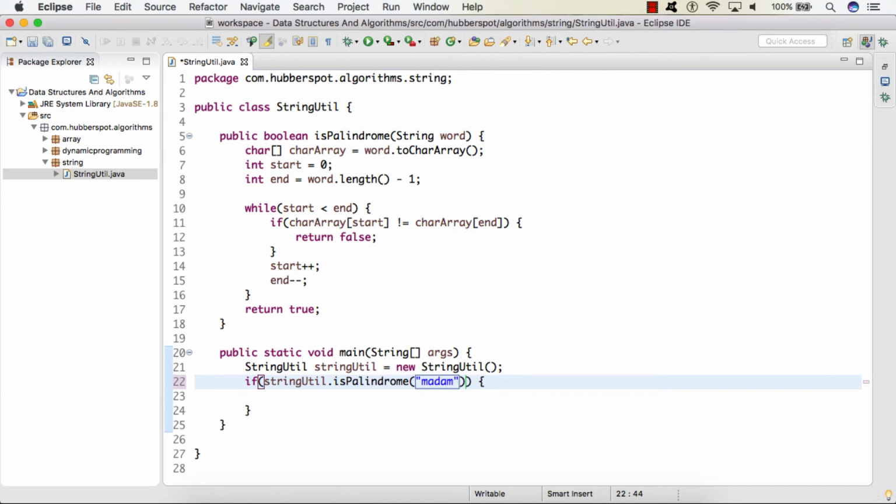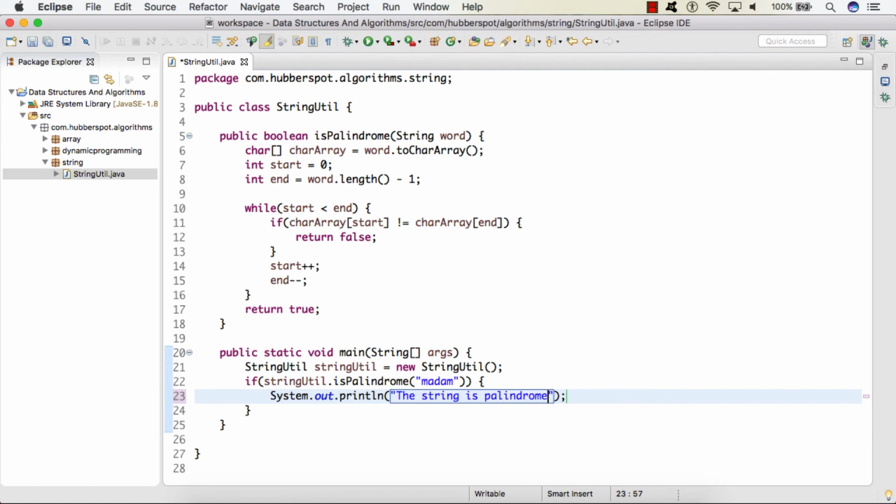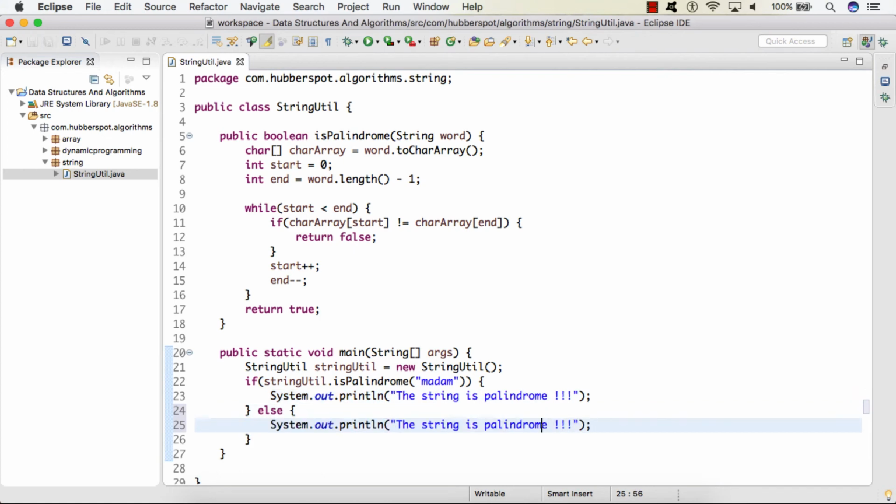And if it comes out to be true, then we simply print the string is palindrome, or else we print the string is not palindrome. So friends, if I run the code now,